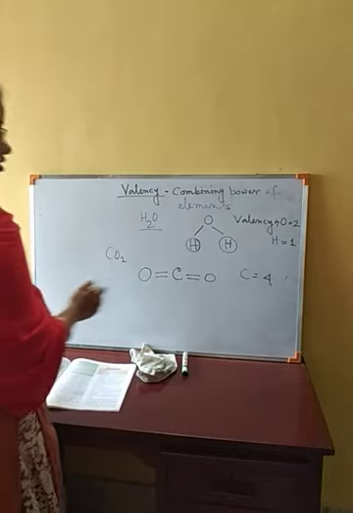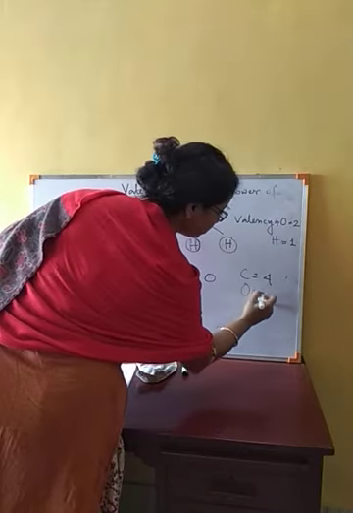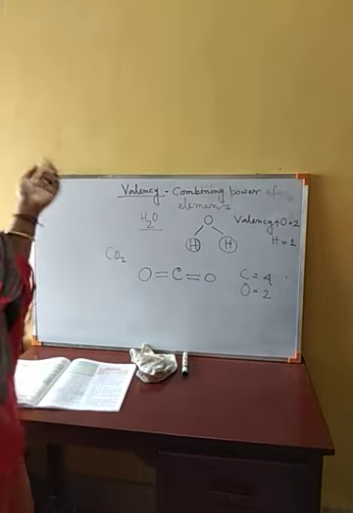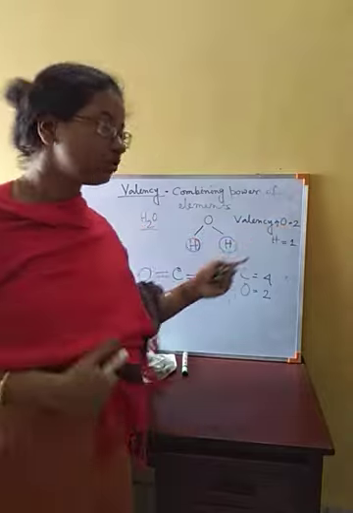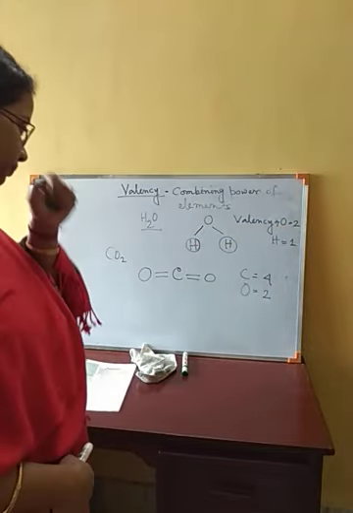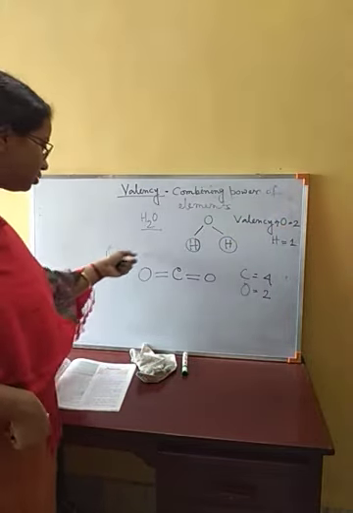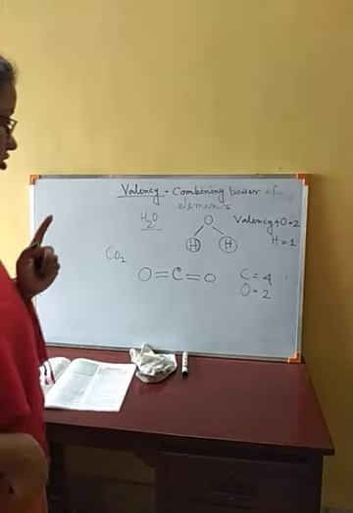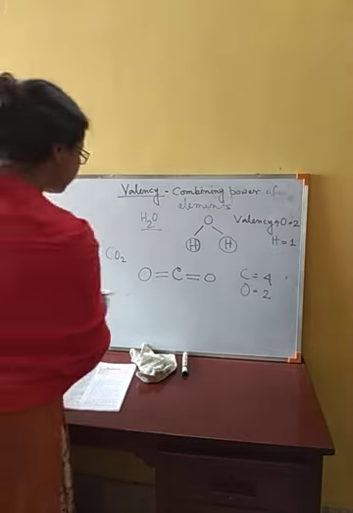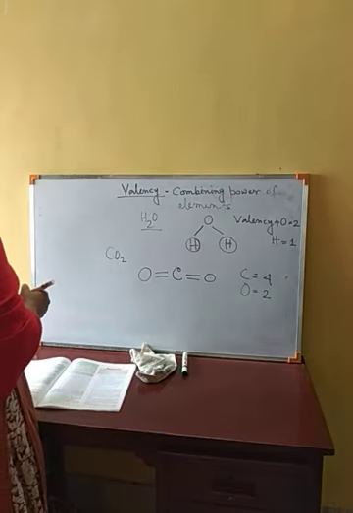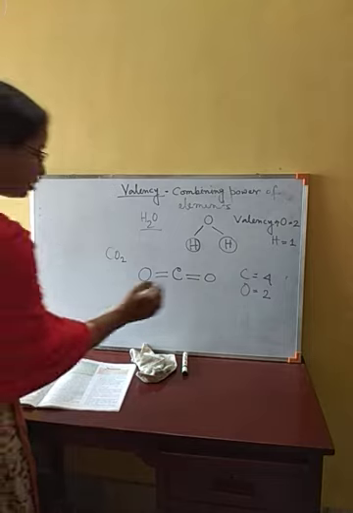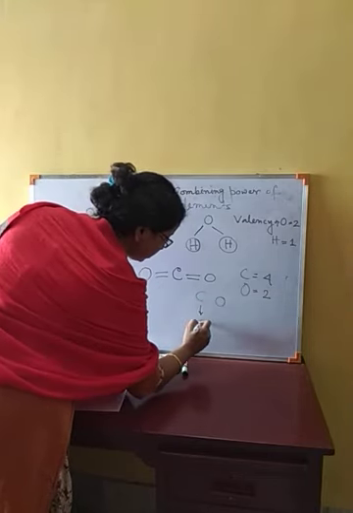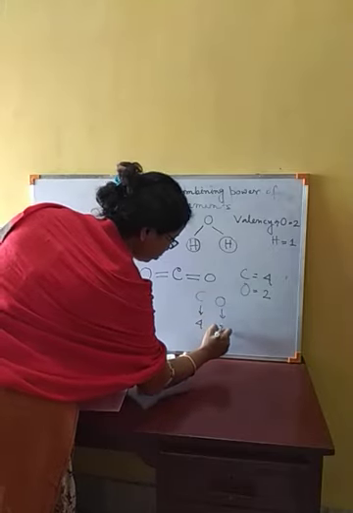Okay, so for each oxygen we have drawn 2 hands, so its valency will be 2. So here also we have got the valency of oxygen as 2. That's why carbon's valency is 4 and oxygen's valency is 2. Now as we have seen, during the construction of the formula, how we have got the formula: carbon's valency 4 and oxygen's 2.